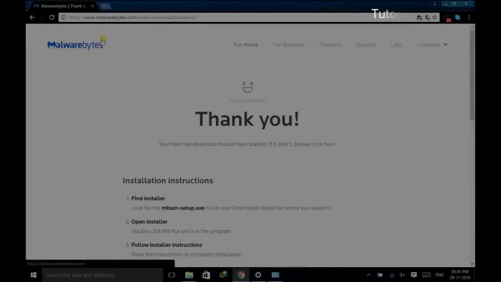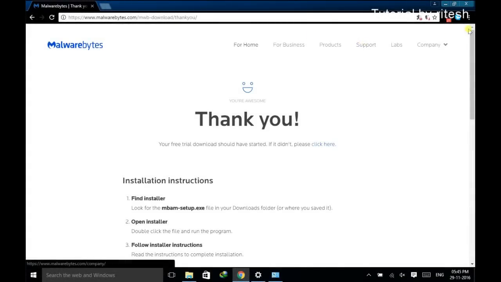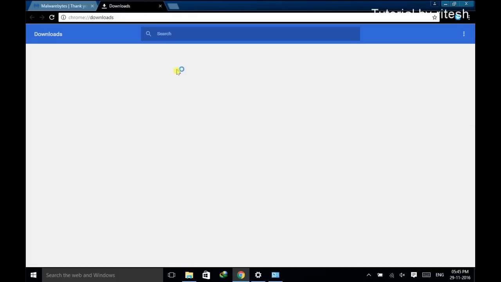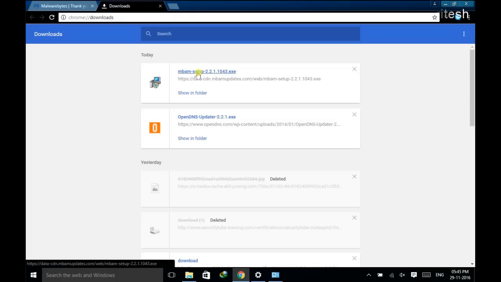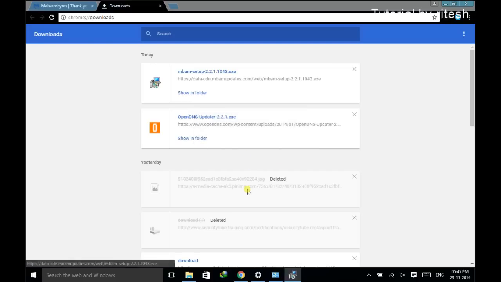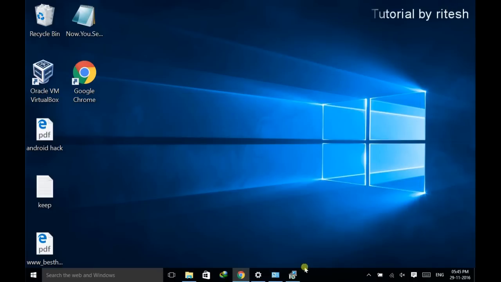So here my downloading is completed. Now open it. I go to downloads. Here it shows me the downloaded file. Open it, run it. Just go with the options, minimize this one.